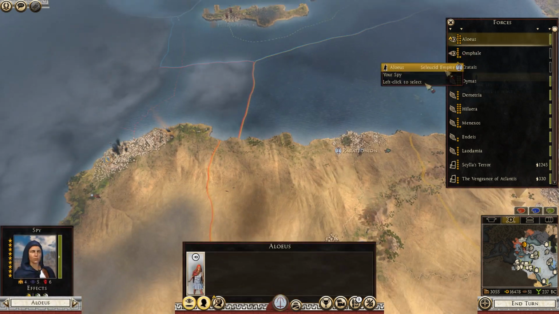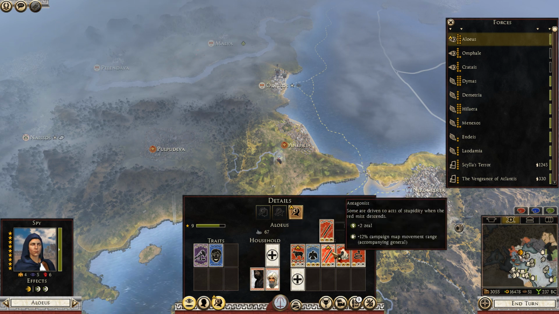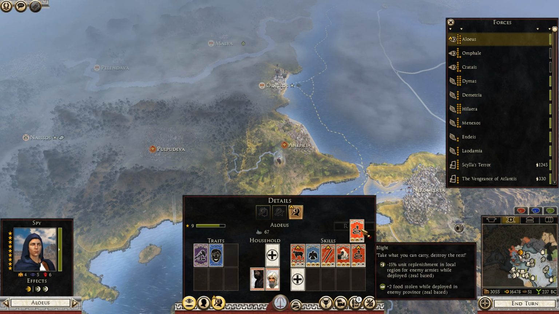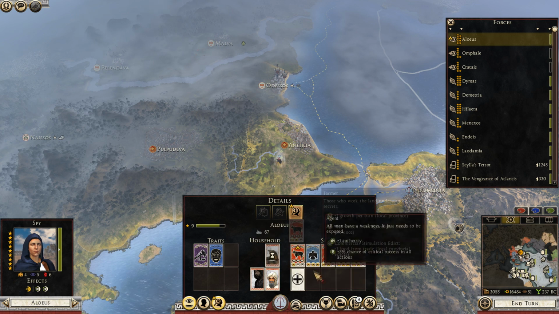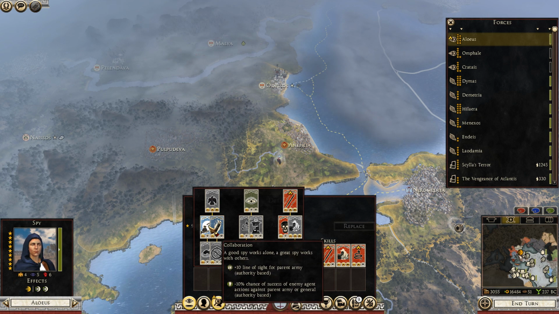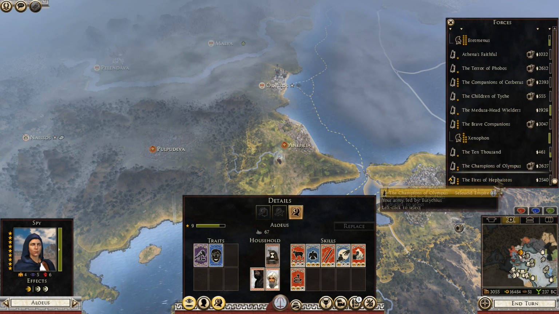But if there's any battles, I won't fight them in this part. So what we got here, commercial. I think that could be quite useful. I actually quite like that actually. Gate Satan enemy agents, yes, I think we'll take that. And chance of successful agent, plus 10% line of sight for parent army authority based. That could be useful. And anything else in here? Yeah, we got